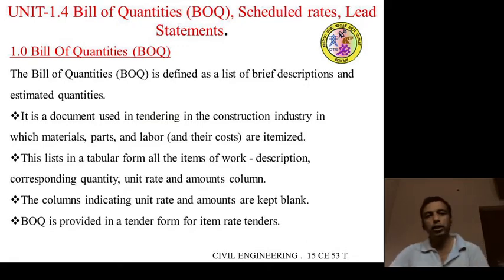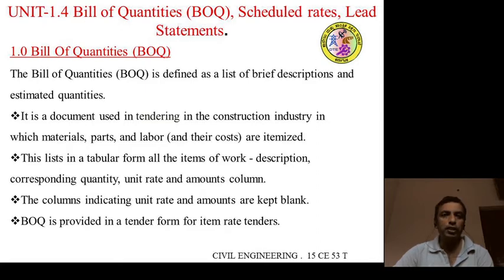First, coming to the bill of quantities. It is one of the important documents used in the construction industry. It is the Bible for the construction project, for the consultant as well as the owner as well as the contractor. The bill of quantities is defined as a list of brief descriptions of various items of work